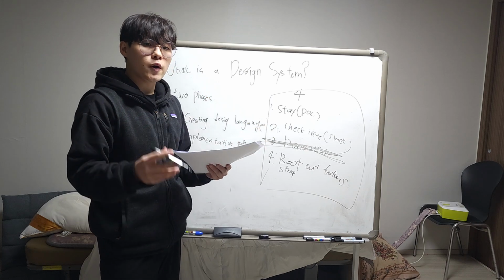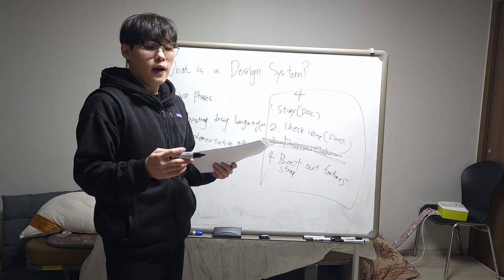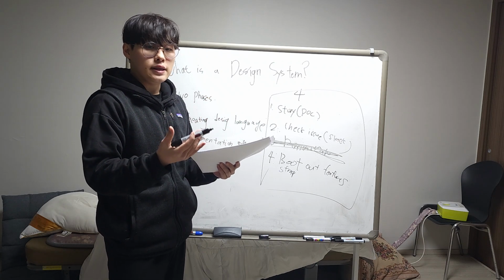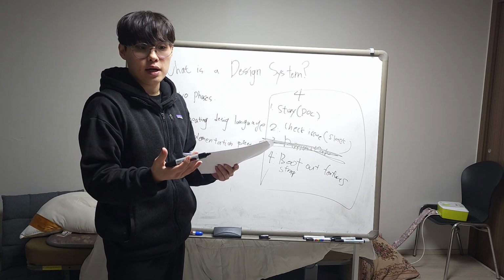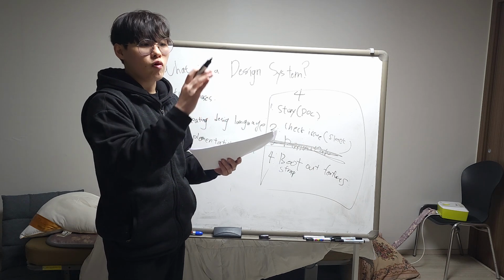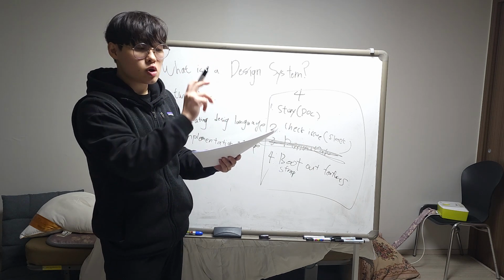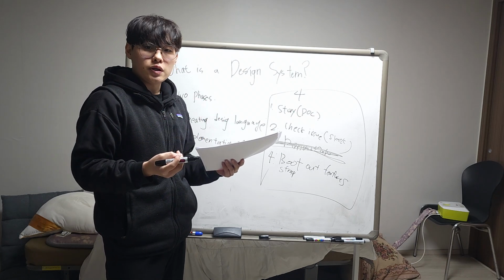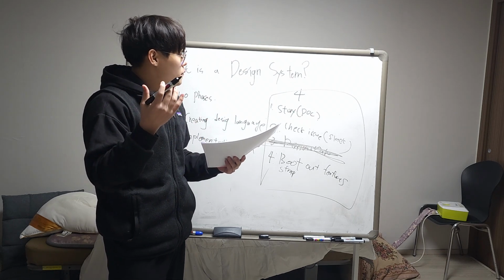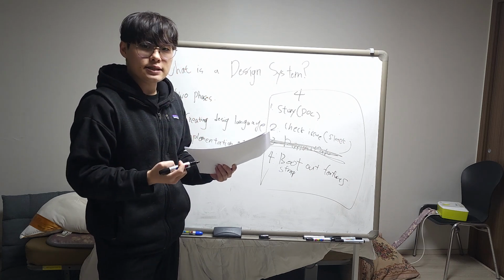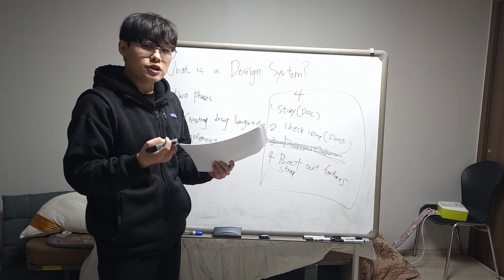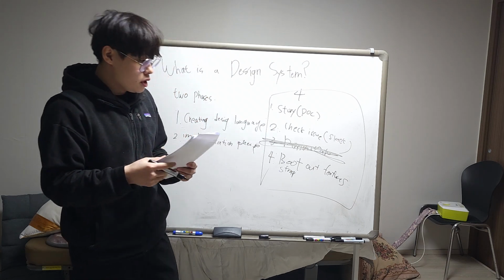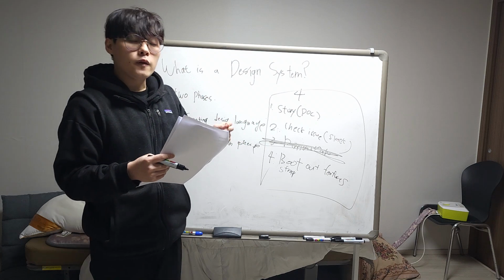And this kind of Code Connect thing is, when the designer makes a design in their tool, for example Figma, we can just grab the code of it, copy and paste it, and after that we only have to put the business logic on it. This means that a really well designed design system reduces the communication between designer and front-end engineer. So what do I mean by that? If you look at Figma Code Connect,